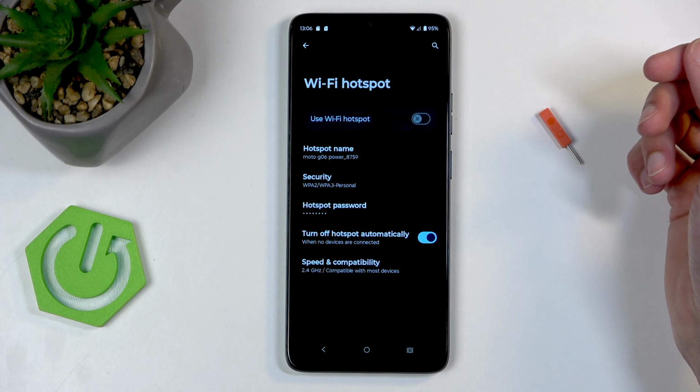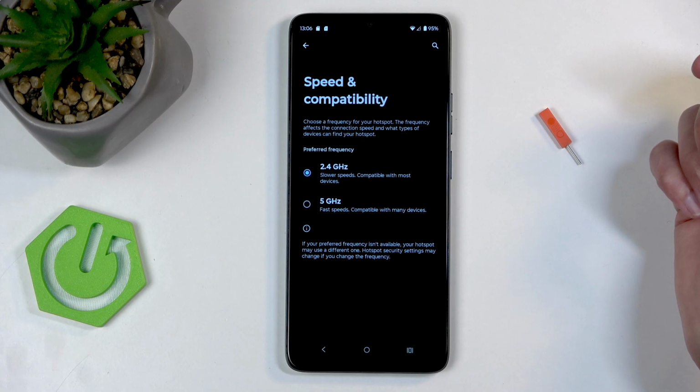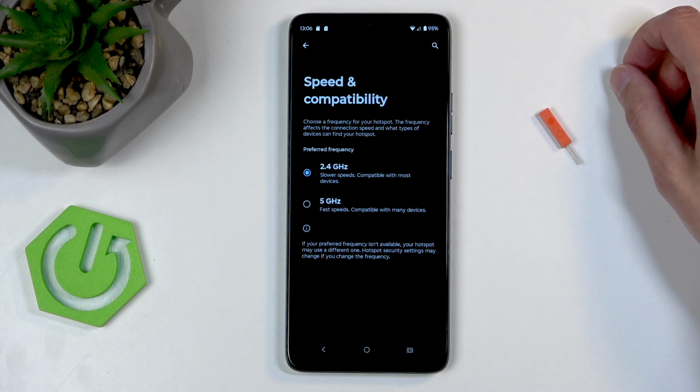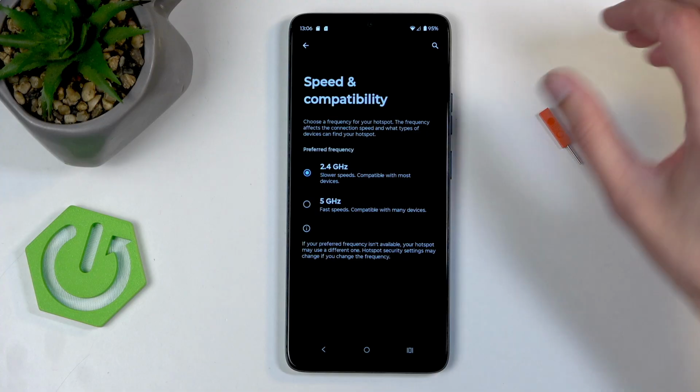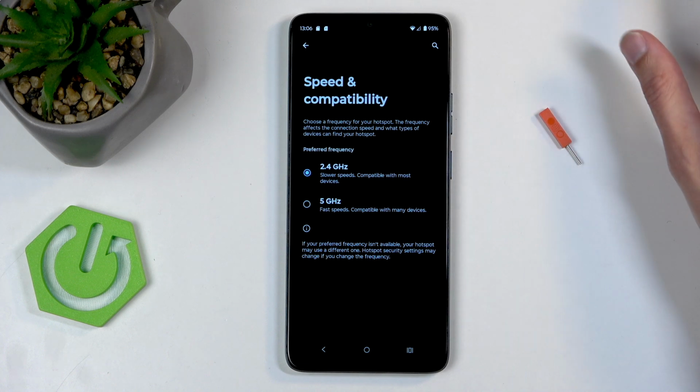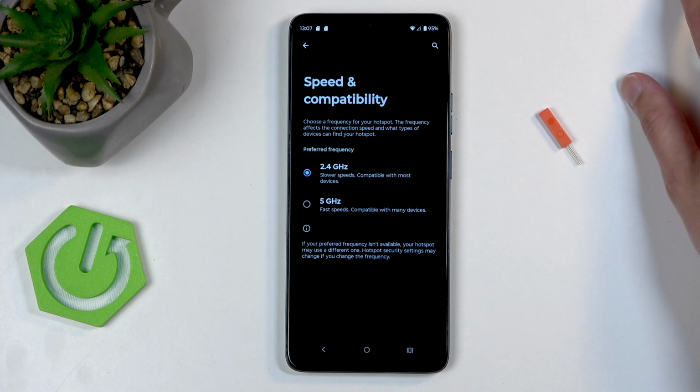And lastly, we have the speed and compatibility. Here we have two options, either 2.4 or 5 gigahertz. And if you don't know what this is, I actually recommend keeping it at the default, which is the 2.4. It actually gives you quick info, so slower speeds compatible with most devices. That is actually a very handy tiny snippet of info, because it is very accurate, and it might not go into details, but it is enough for you to know that it's compatibility based and also slower than the 5